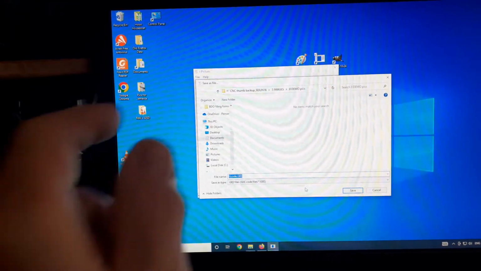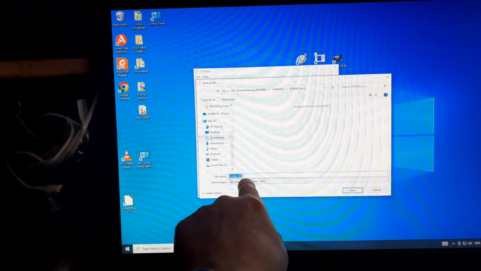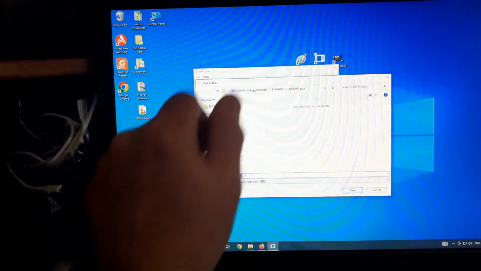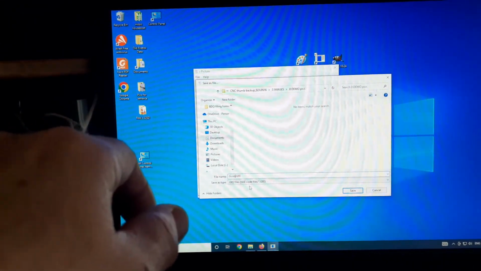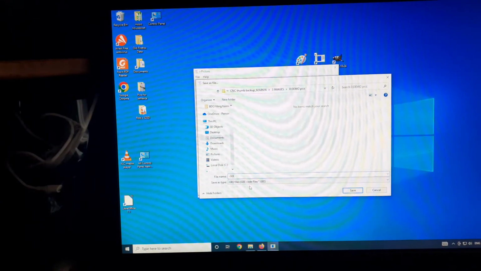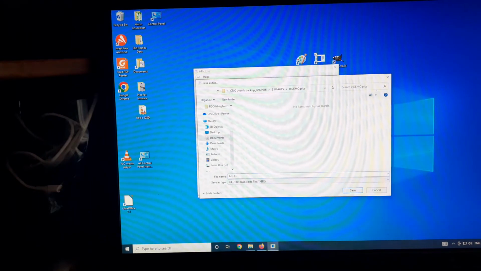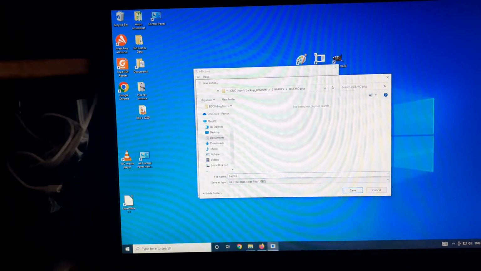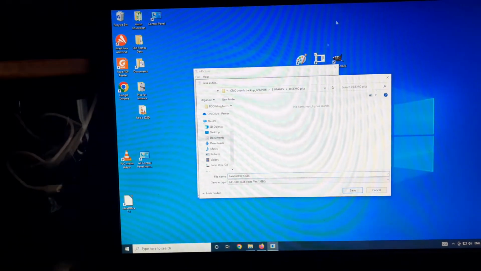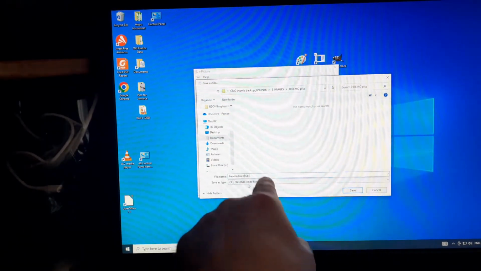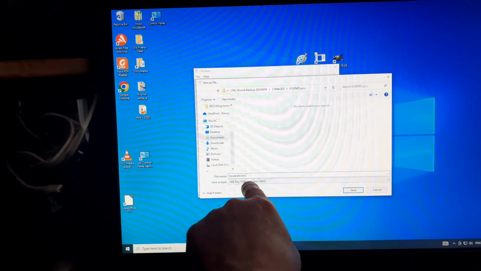Okay. It took about 20 seconds. Right now, it wants to name the file and put it somewhere. So I'm going to back it up here, and we're going to name it something. And we'll just put here